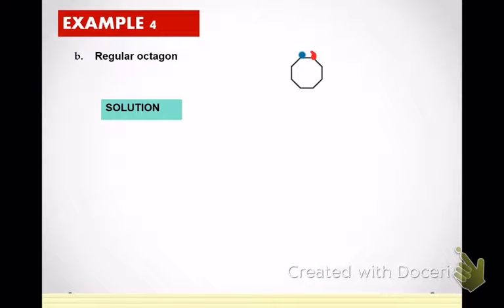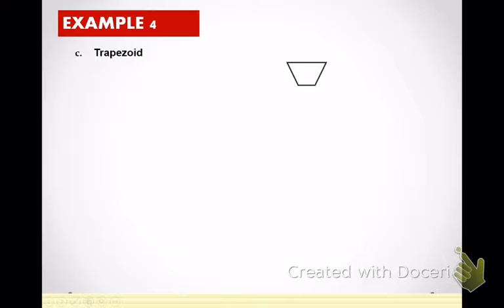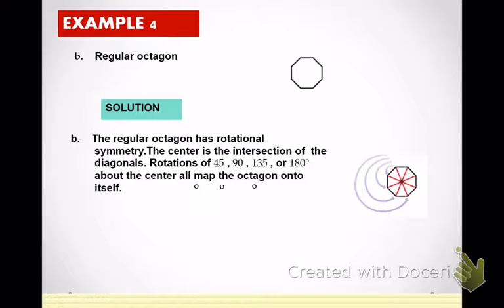So the rotation on this had a rotation of 45, 90, 135, or 180. They all map the octagon onto itself. I would go on to say that it has 225, all increments of 45. So if I ask you what the rotation is,